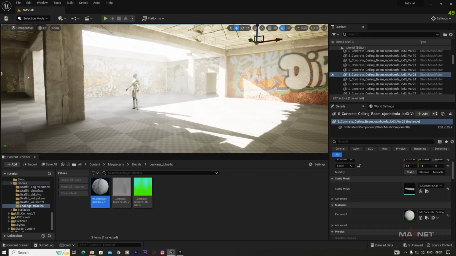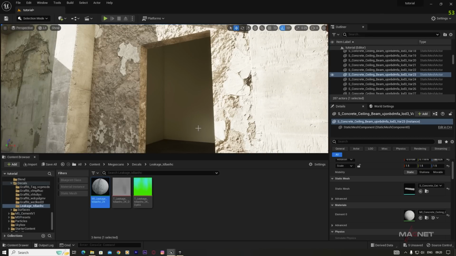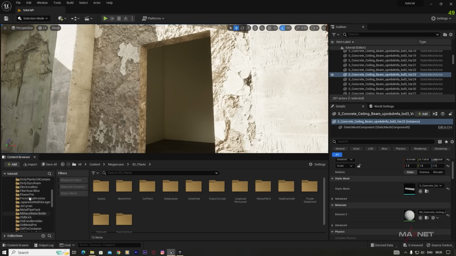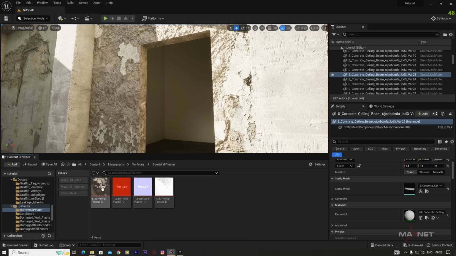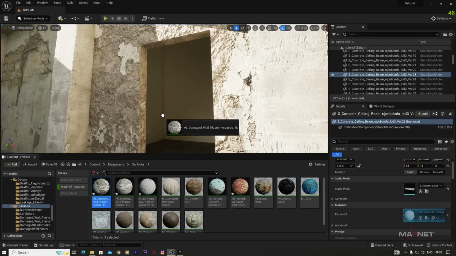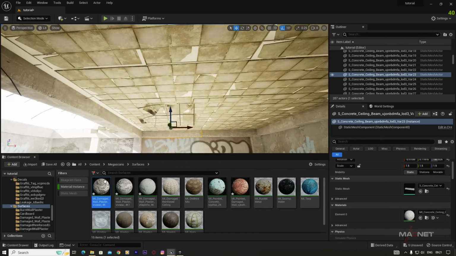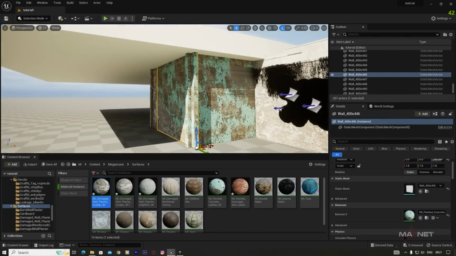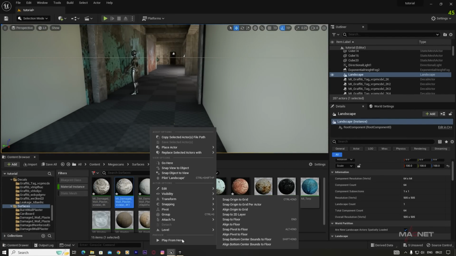So now if you are satisfied with the walls, you can also do one thing. You can see that the inner walls are still white, so you can put any of the materials over these walls to make them look nice. So maybe we again go to this Megascans folder, go to the surfaces, and maybe we use some of the materials here. So we select this material instance filter, and maybe we put this material. So now if we play,